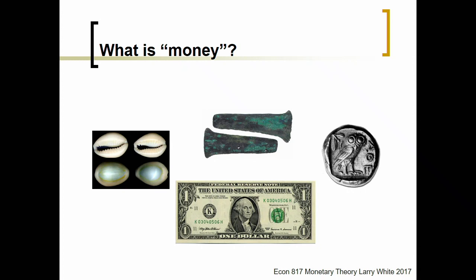So the first thing we need to think about is, what is money? These 4 pictures up here are all different forms of money in different places in the world at different times. You all recognize the US dollar. You'll realize that's money. Looking at the silver coin on the right, with what looks like an owl on it, it's like an ancient Greek coin, I think. Still pretty common. But then we have things like pieces of less precious metal, or shells and beads, which have also served as money at different points.